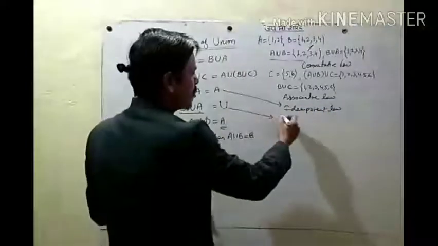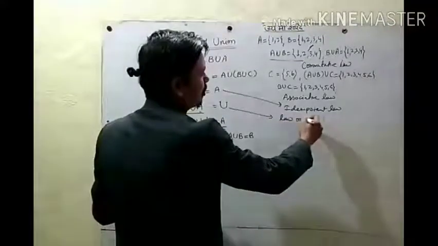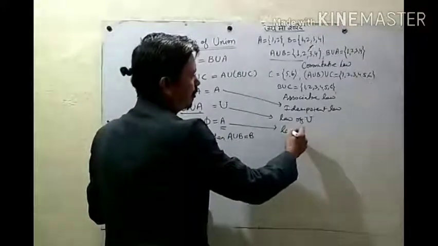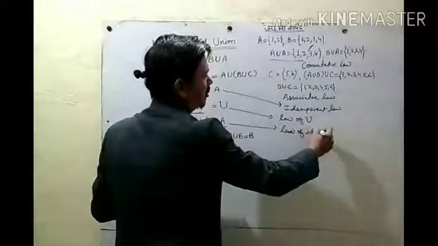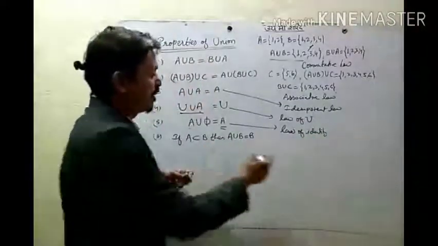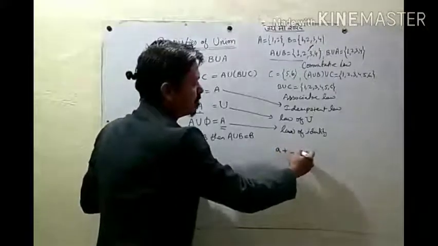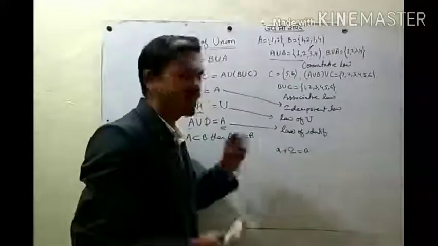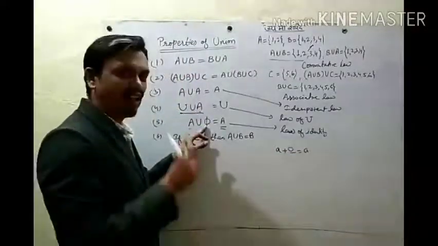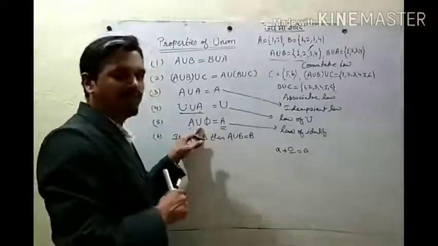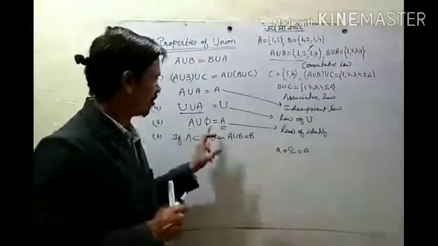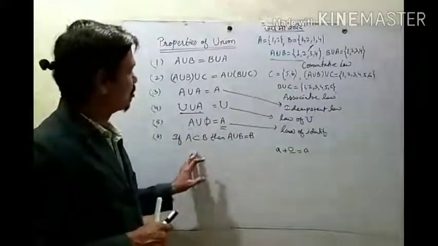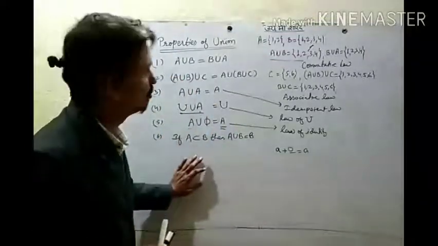Then it is law of universal set. This property is known as law of identity. And for addition, what we have to add in this to get same number A? So 0. So 0 is our additive identity. In the same way here we have phi is identity for union. Okay? It works like 0. So A union phi is A for every A. So there are some properties of union. Okay?